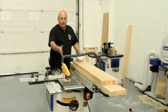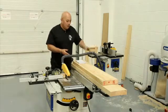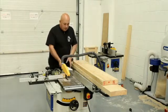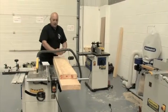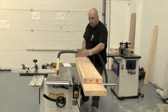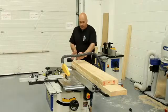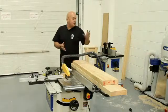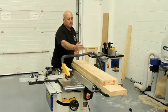Then you do your ripping down on the table saw, and then you go to your planer thicknesser to dimension. Now the principle being is obviously what you don't want to be doing is, again, leaving yourself short little pieces. So if, for argument's sake, you're doing something that's going to need a few components, it may be a couple hundred millimeters long, you don't want to be cutting off a couple hundred millimeters, because it's dangerous to use on planer thicknessers for one thing, but also what you're trying to do is give yourself a little bit more extra